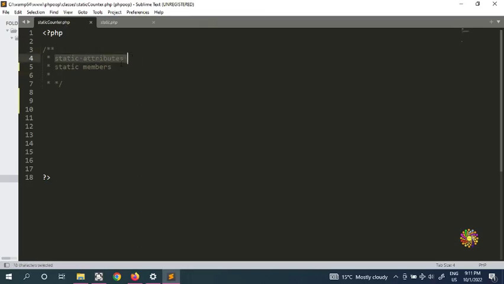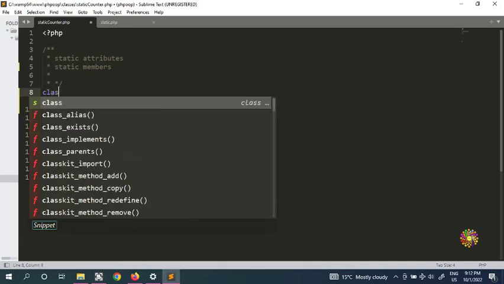Static attributes or static methods are variables or properties that you can associate with a class. So they're class variables. For example, whenever we create objects, it's going to count our objects, because we declare it with the class and it goes along with our objects. So for example, if you have a class education,